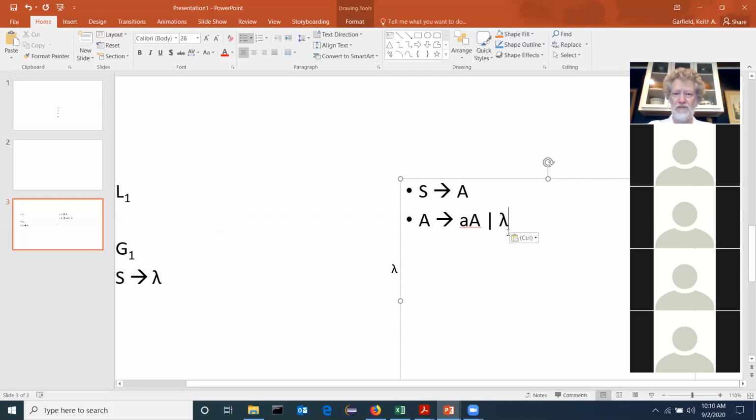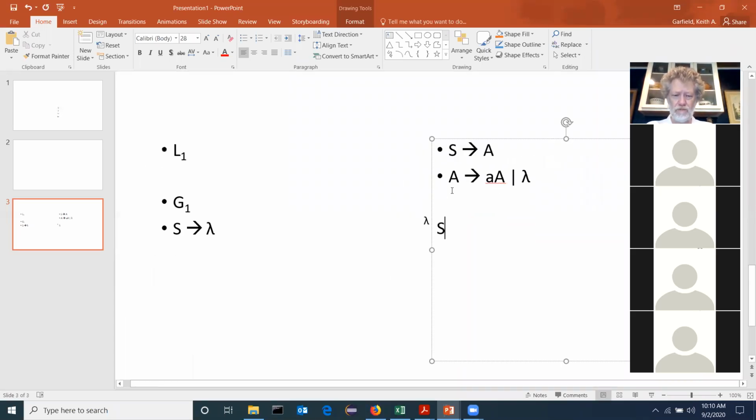If I wanted to derive strings, I start with the start symbol. My initial string is always just the start symbol. And then let's call this rule